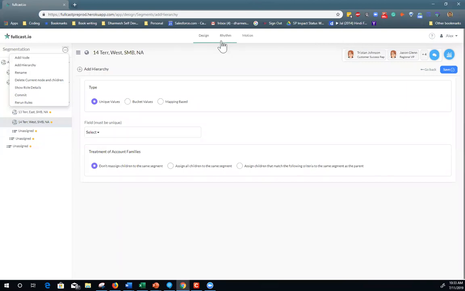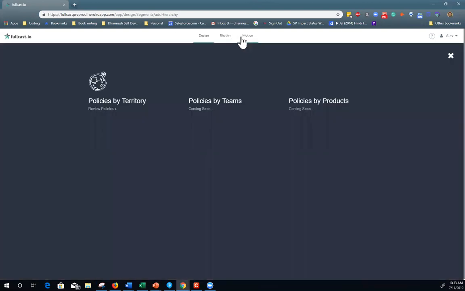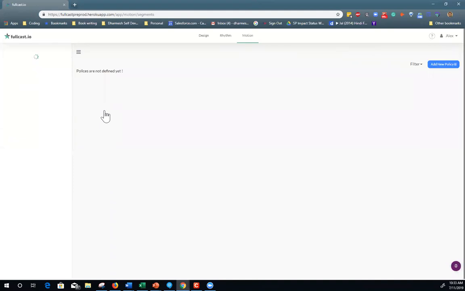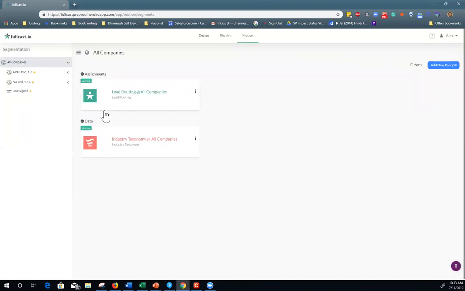So we define all the stuff on the design side, and now the design is running. We are enforcing run state policies, right? So the policies, the way you want to think about them is, today they're all the business rules that we have. And today, these rules are applied through either point solutions or through custom code, or generally tracked in a workbook someplace, right? So when we think about policies, what we're saying is what are the rules of engagement that are going to be applied in the context of my go-to-market model, right?